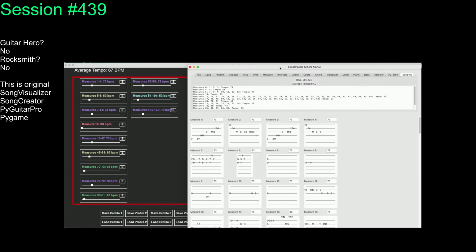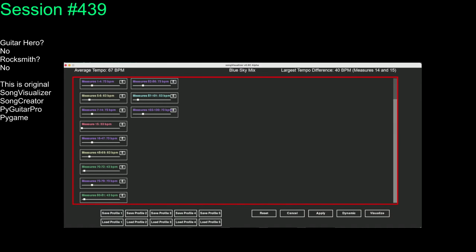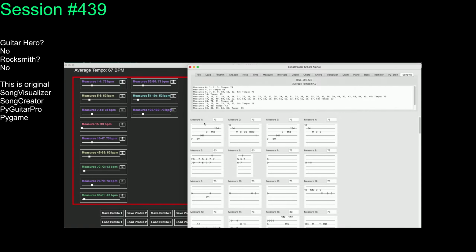And they're grouped on this screen. I'm grouping the measures by tempo. So measure 1 through 4, 73, measure 5 to 6, 63, measure 7 to 14, 73. And what happens is, I don't want to demo it too much, but